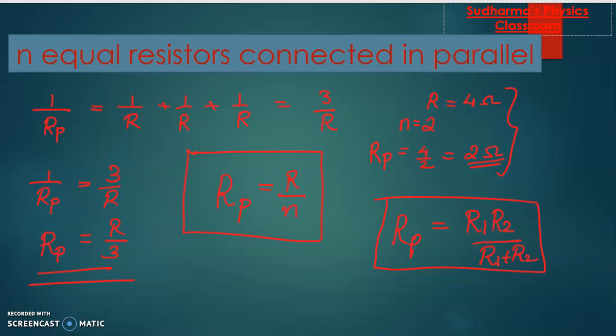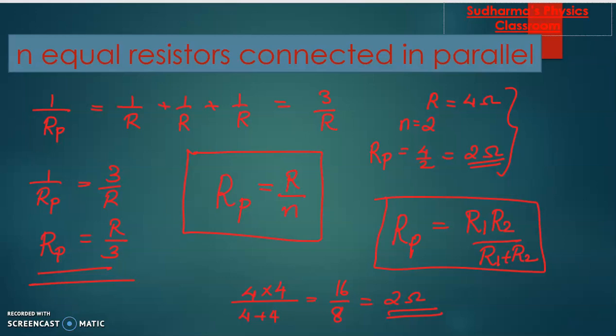Let's try that previous example. We have R1 is equal to 4, R2 is equal to 4, R1 plus R2 is 4 plus 4. So that's equal to 16 divided by 8. That gives you 2 ohm. So we applied both the formulae in the same question and we reached the solution. Both the solutions are the same, because of course that should be the same solution, right?